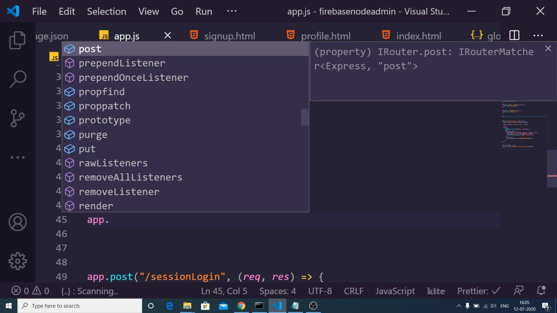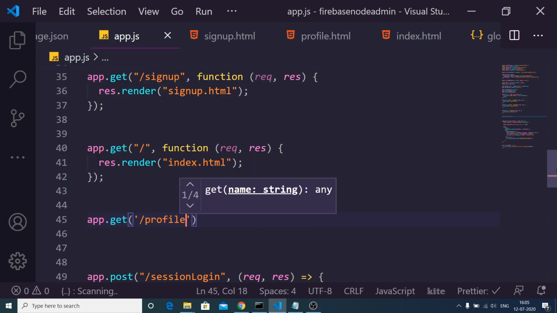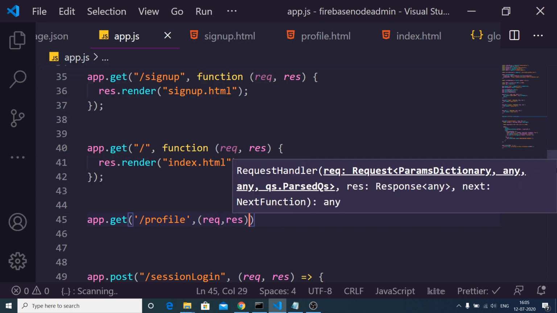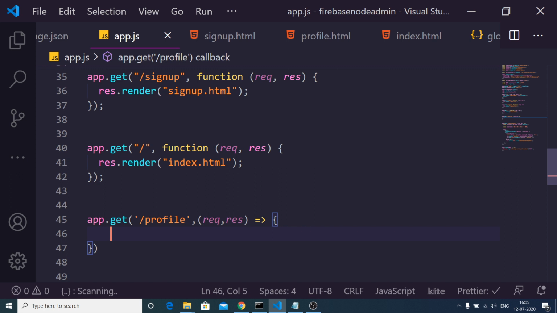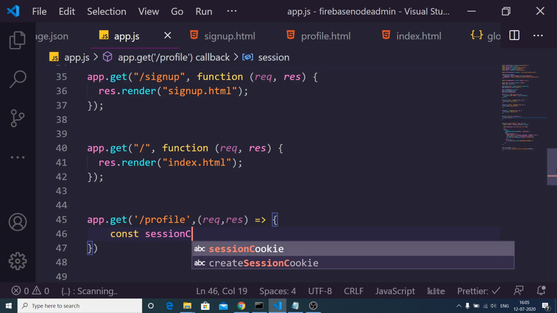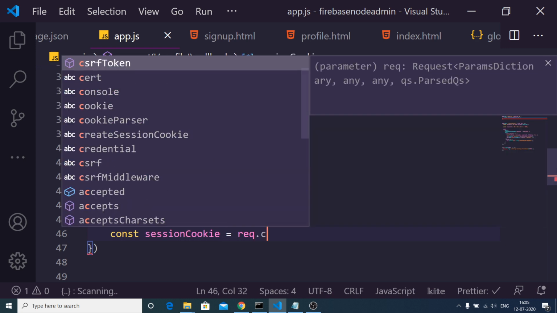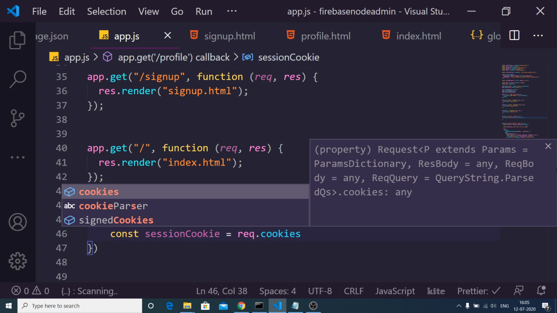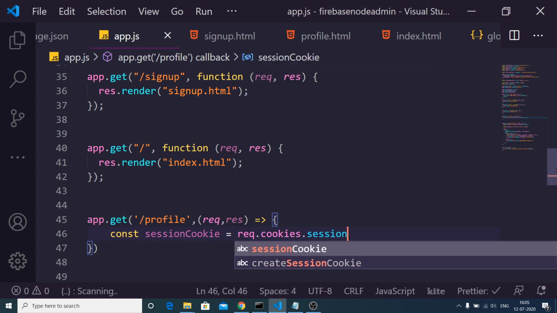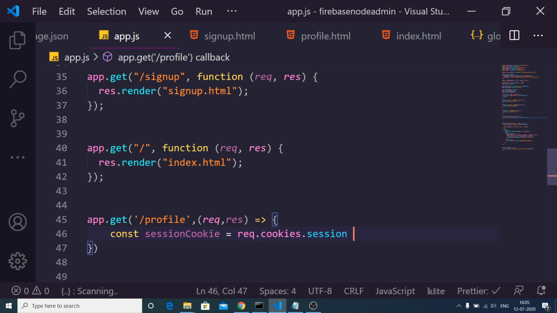Once the user opens this profile route, slash profile, inside this route we need to check two things: whether the user has the same authentication token with it or not. This will be pretty easy, guys. First of all we need to declare a session cookie variable, and we need to get the cookie by request.cookies, because in the previous step we stored this cookie inside this session variable, and if the cookie is not present then we will use an empty value.